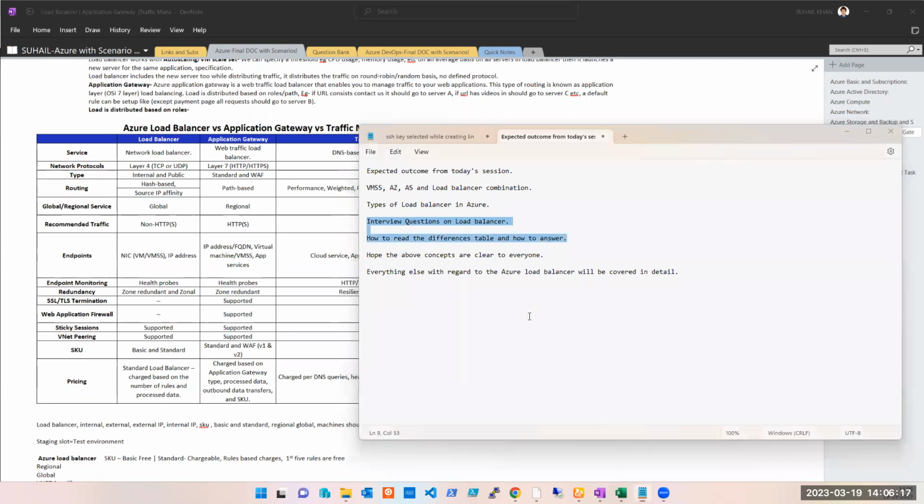So if these points are clear, guys, then yesterday's session was clear. Now anyone else who has to say that they still did not understand anything in yesterday's session? This was the only scope for yesterday's session. Feel free, just because I am repeating it doesn't mean that if you haven't understood, you keep quiet. If you don't want to speak, say it in a message.